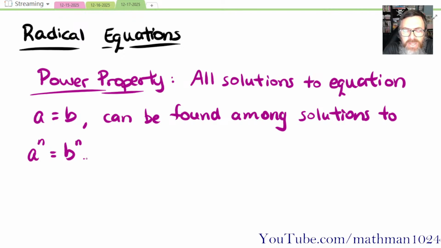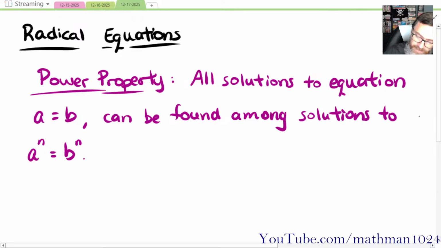Now, by doing this, sometimes you come up with extraneous solutions. Again, not that you did anything wrong, but because of the limitations of the original expression, things just don't work out. As with a lot of things that we'll see, you have to isolate the radical first before you apply powers on both sides. So, for example,